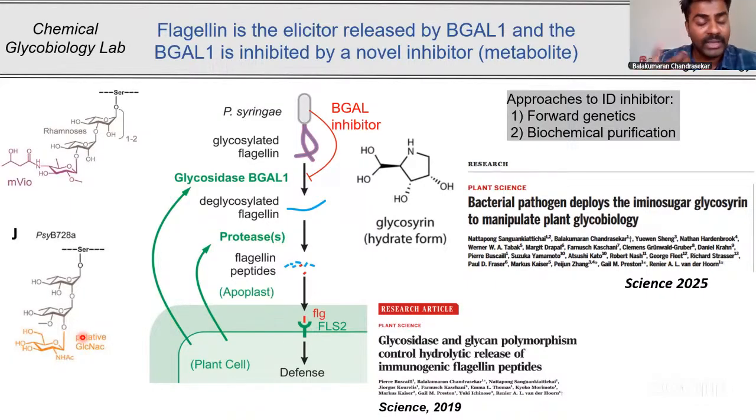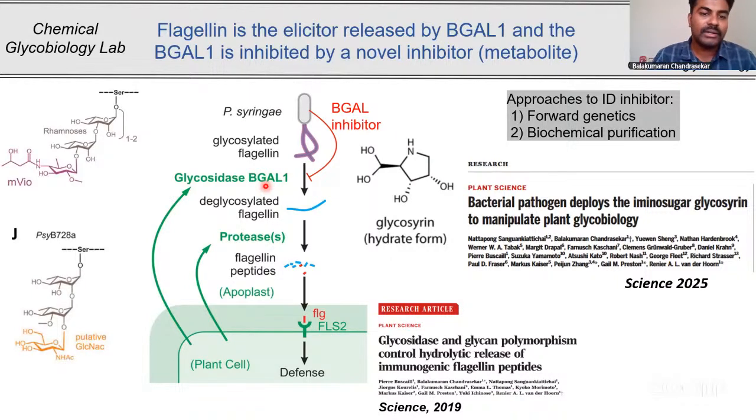We have named the sugar a glycosyl protein, which is an immunosugar. This is not exactly a sugar, and it is called an immunosugar because instead of the oxygen present in the five-member ring, it has a nitrogen over here. So now you can see how clever the bacteria is. The bacteria is not making the substrate, but is making a substrate mimic, which is going to be an inhibitor of the beta-galactosidase enzyme. As a result, the beta-galactosidase, which is an important immune enzyme, is going to get inhibited. As a result, the plant is going to be more susceptible.